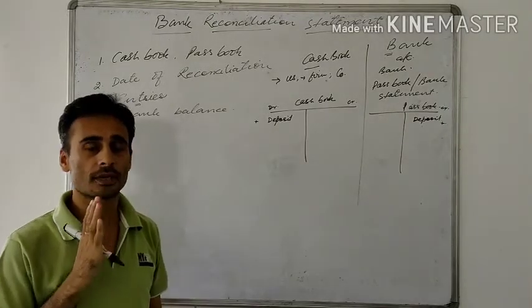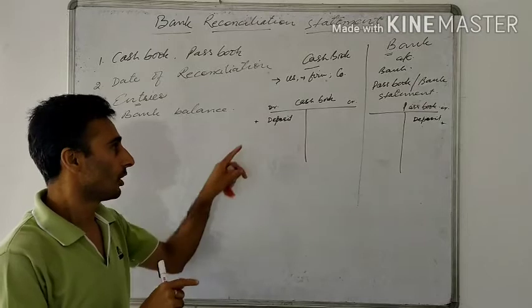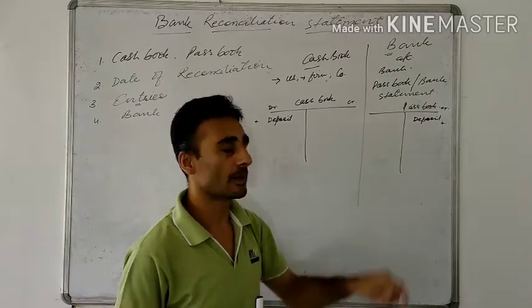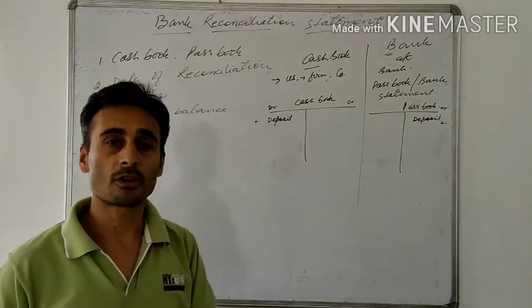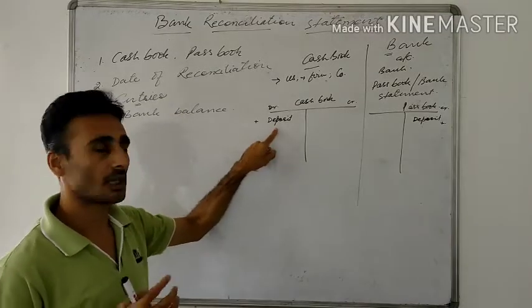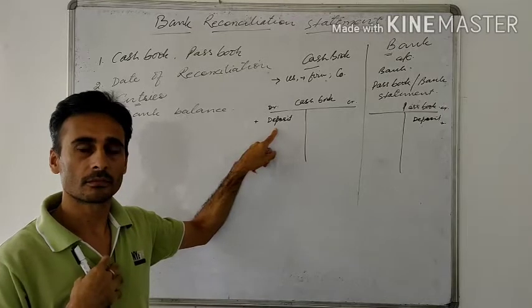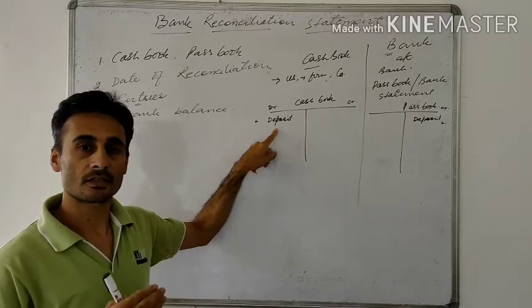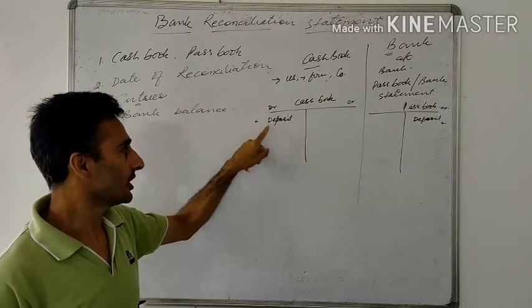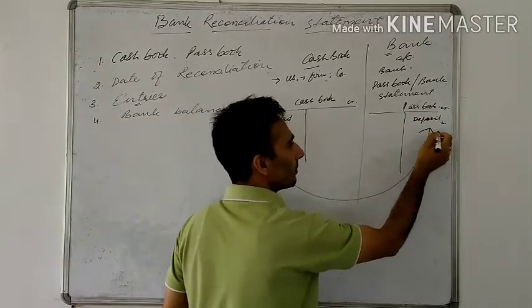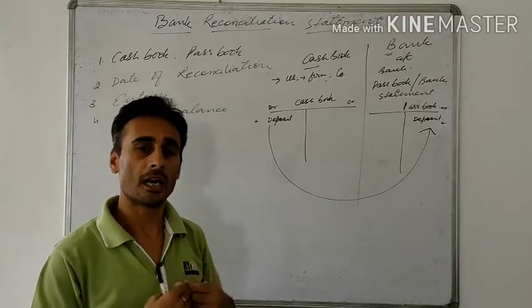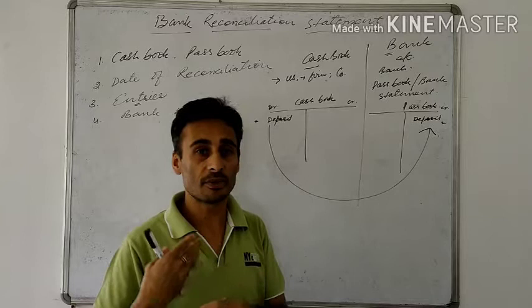This is a very important point to understand. In the cash book, all the deposits will be recorded on the debit side, but in the passbook, all the deposits will be recorded on the credit side. Just the opposite of what we do in the cash book. Now why is this so? This deposit is my money, is our money. It is an asset. So assets are always debit. Now this money has gone to the bank. Now whose money is this? This is my money, but I have given it to whom? I have given it to the bank. So it's a liability of the bank.